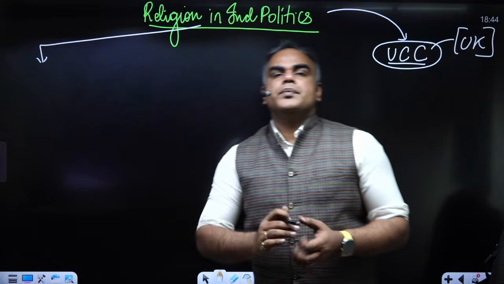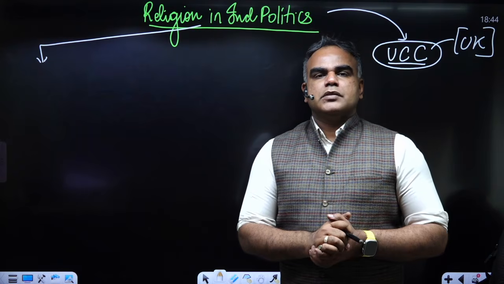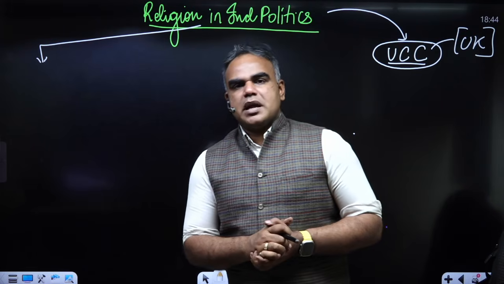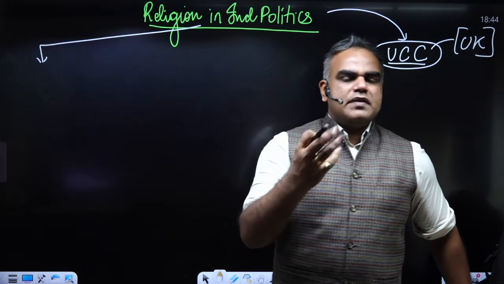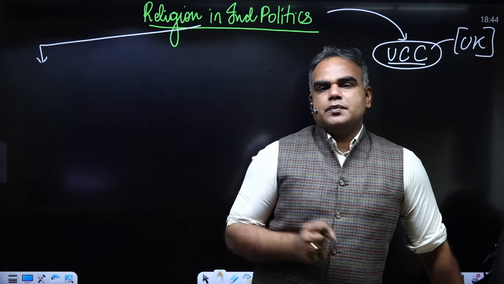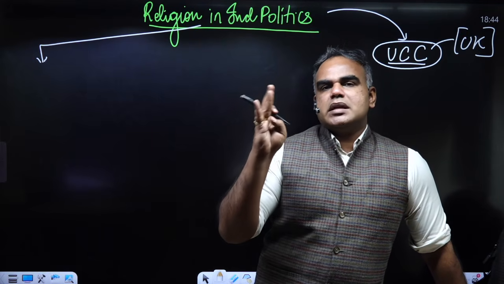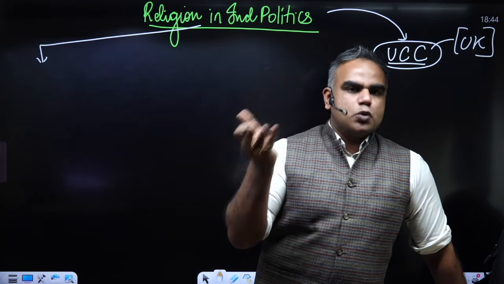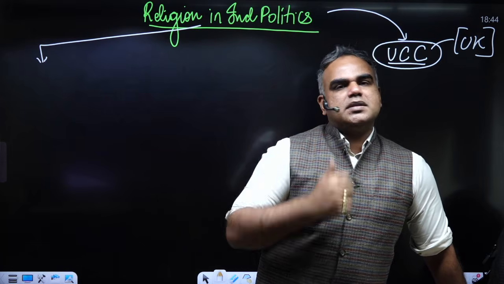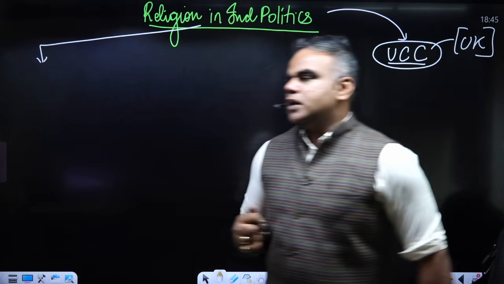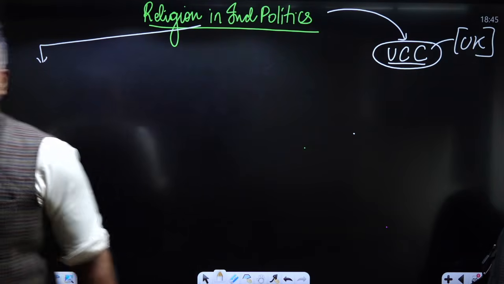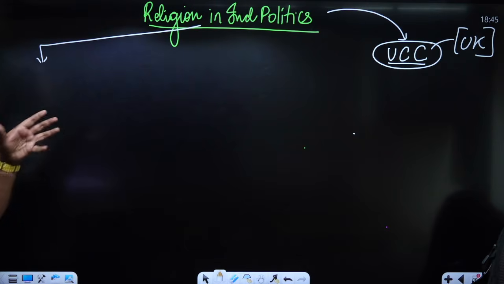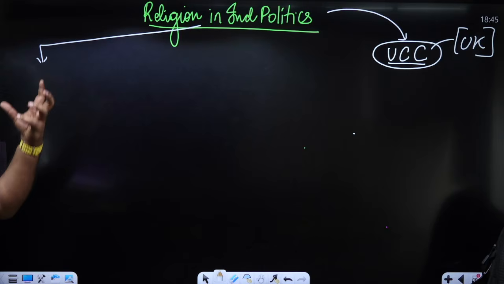Again, try to recall. We've seen the preamble. We've seen the Indian nationalism here. What does the Indian preamble say? The preamble tells you about the nature of the Indian state: sovereign, socialist, secular, democratic, republic. Yes, the word secular was not originally mentioned in the preamble. This was added by the 42nd constitutional amendment. Okay. So the moment I have to talk about religion in Indian politics, I will directly go into, okay, what is